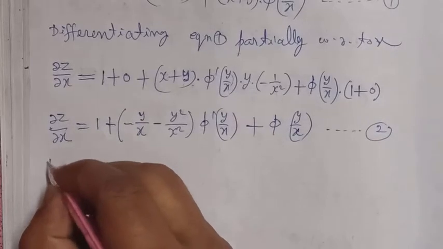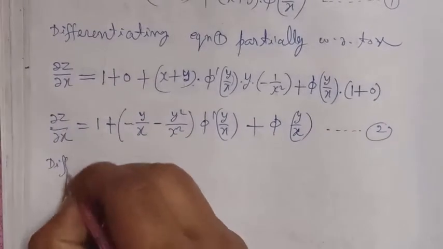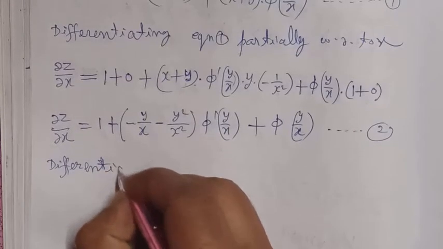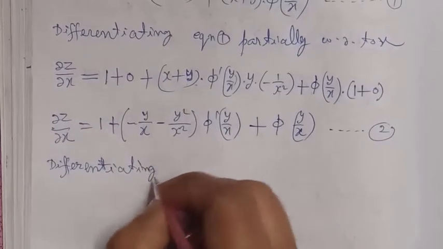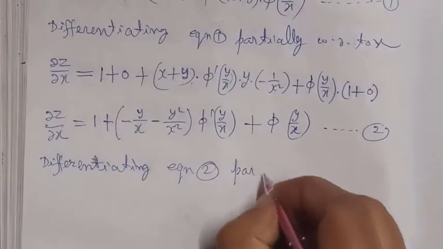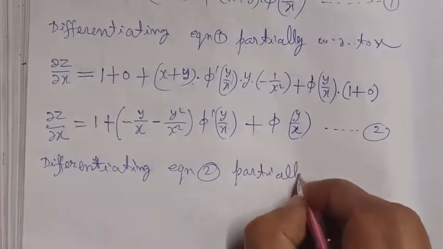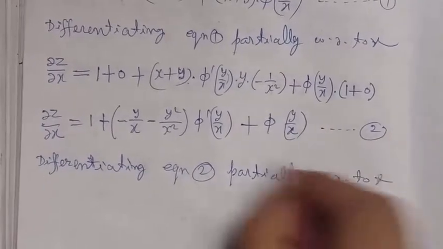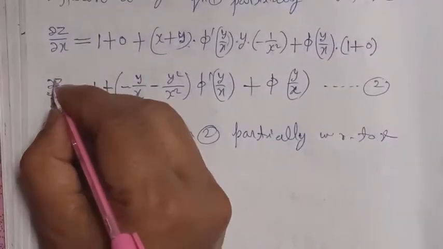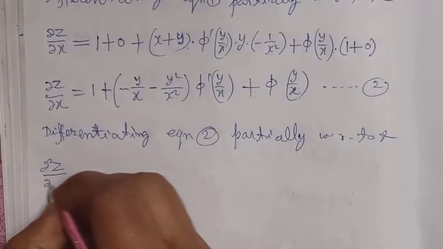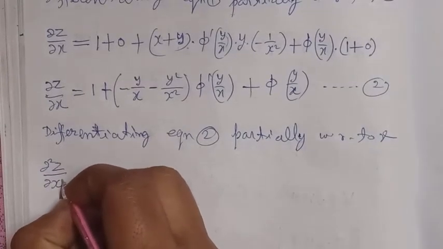So I write here, differentiating equation 2 partially with respect to x. On differentiation of del z over del x, we get del 2z over del x square, which will be used in